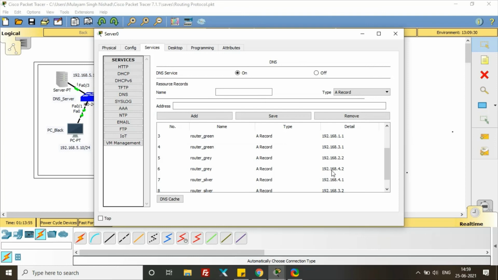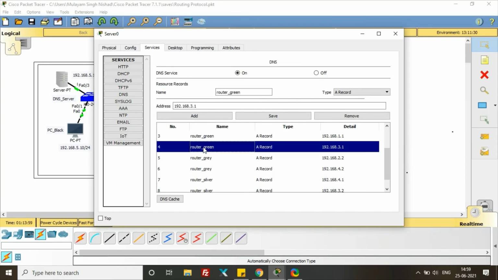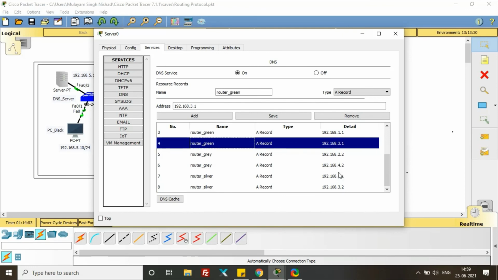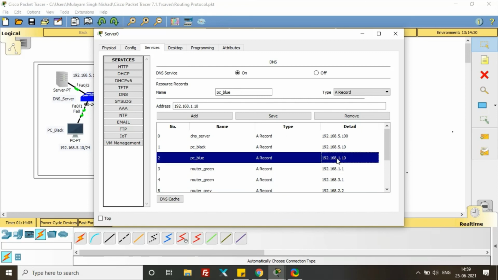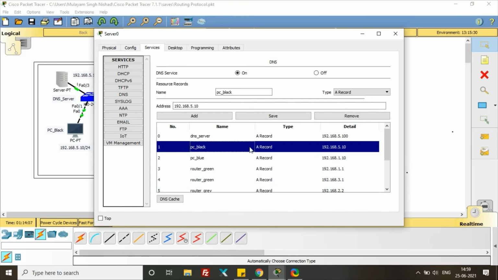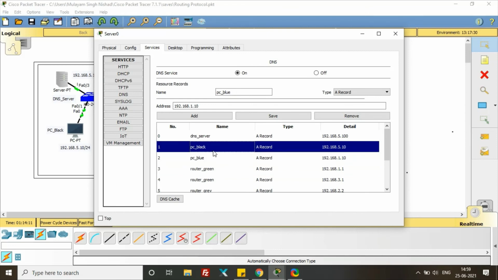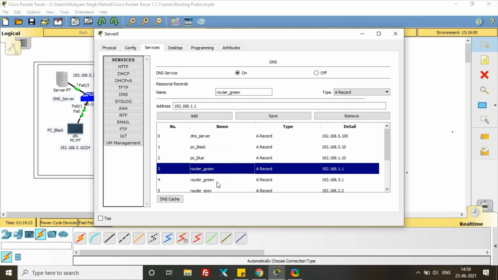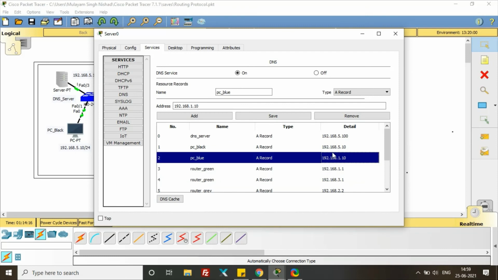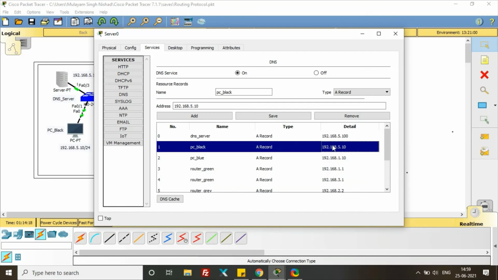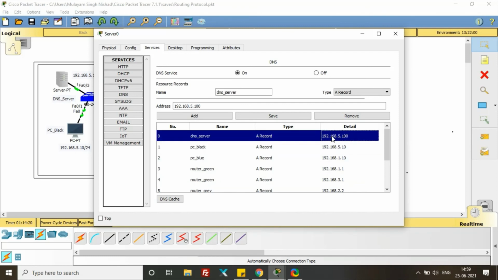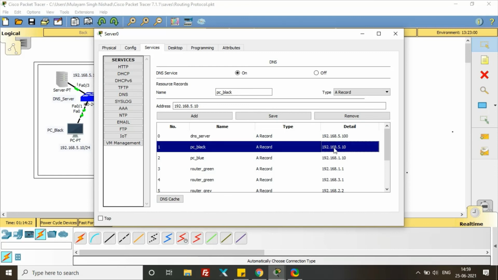So when we ping any device with the host name, it takes the IP address from this. If you want to know in detail how to give the name and IP address in this server and how to configure DNS on each device, you can refer to my other video on the channel, and the link is given in the description below.